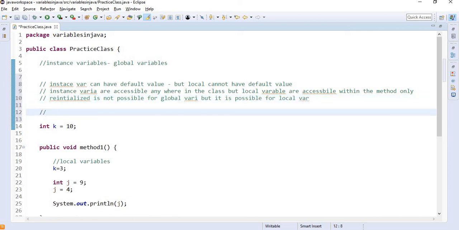And every object of the class can have their own copy of the instance variable value. So these are the key differences of instance variables and local variables.